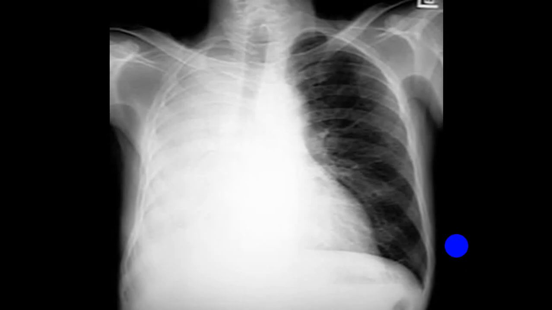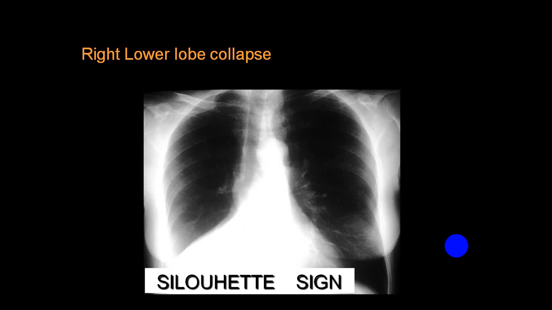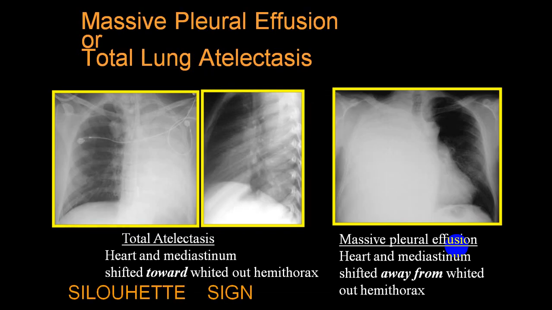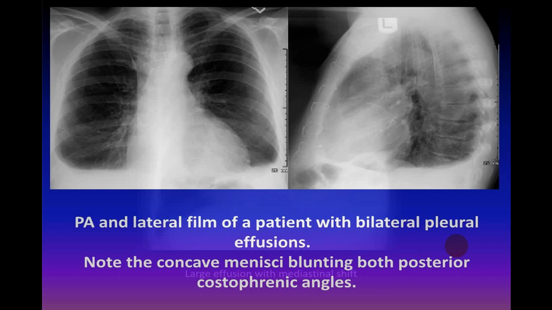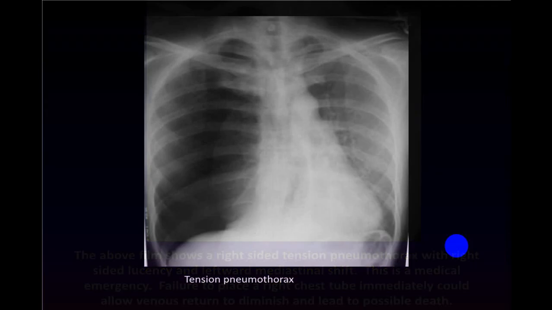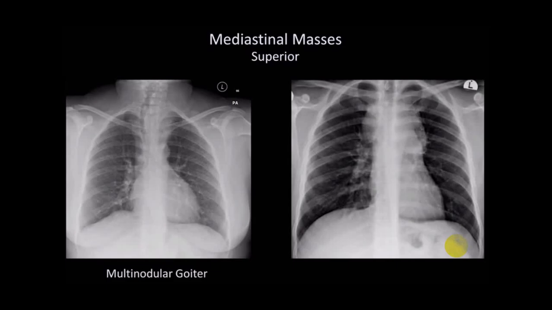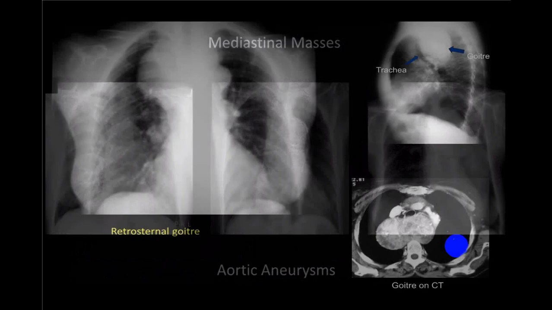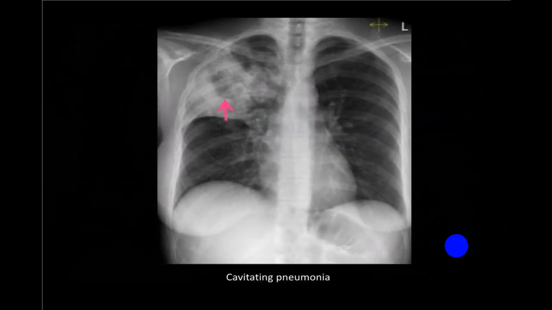These are all showing you different Silhouette signs. And which lobe is involved, what is the pathophysiology, you try to identify why it is collapse, why it is pleural effusion, why it is consolidation, you try to argue out that. And I have explained you all those things before. Is it clear? So try to look at all these findings. Why it is hydropneumothorax, why it is a mediastinal mass, try to argue out which area it is. These are all the different types of x-rays.